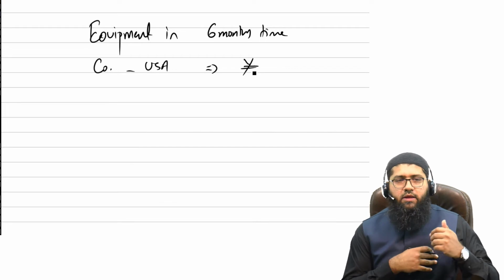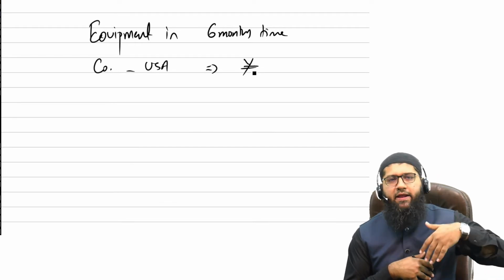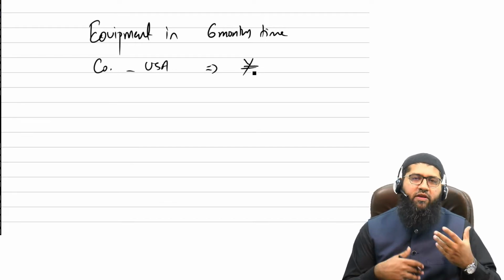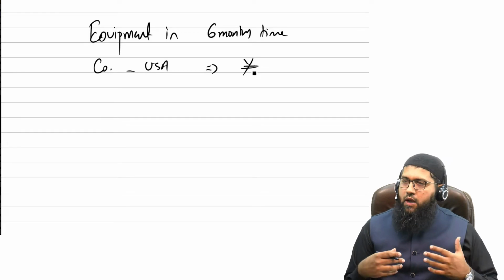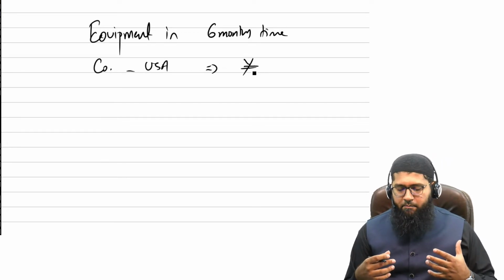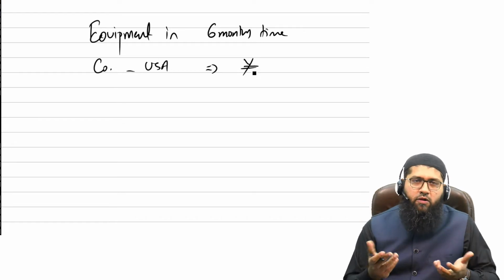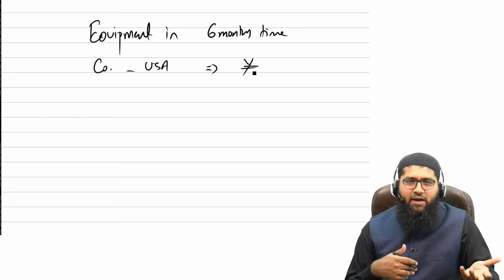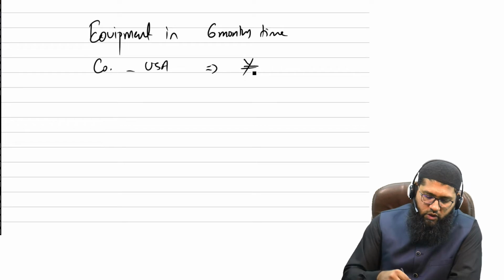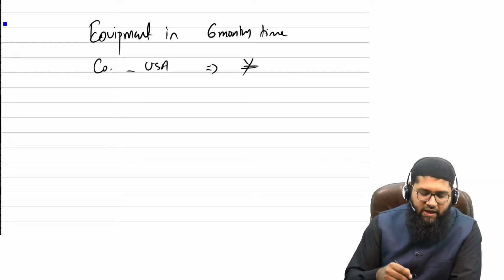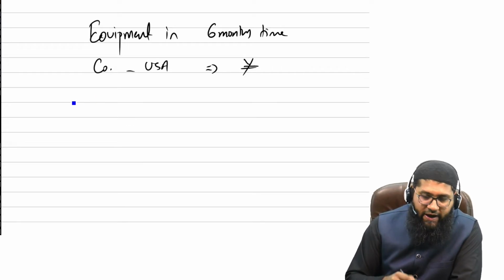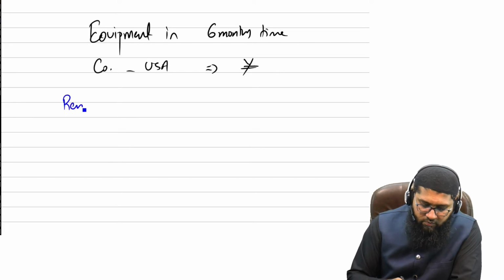Now you have a risk that there could be an adverse movement in the price of this specific equipment, or in this specific currency, which could ultimately have an impact on your organization's cash flow. So as per the requirements of IFRS, what we do is that we remeasure